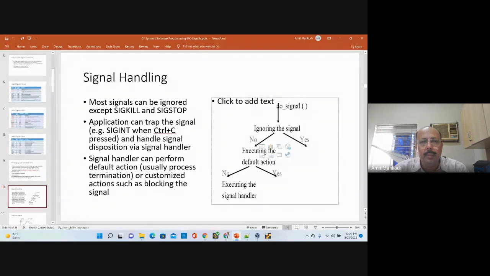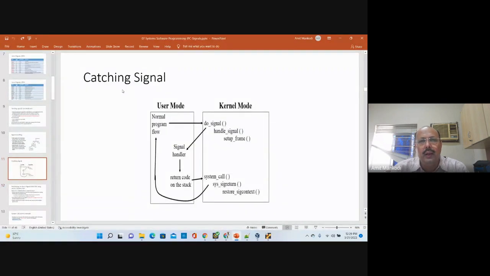So you can trap a signal, or basically capture the signal, and change the default handling to your own signal handling. Again, we will see how to do that. Now, when you catch a signal, it happens in the kernel mode, which is the operating system. The operating system is always running in kernel mode, and the user program is always running in user mode. User mode does not have access to much of the memory and the kernel code that is there in kernel mode. So when the signal is received,